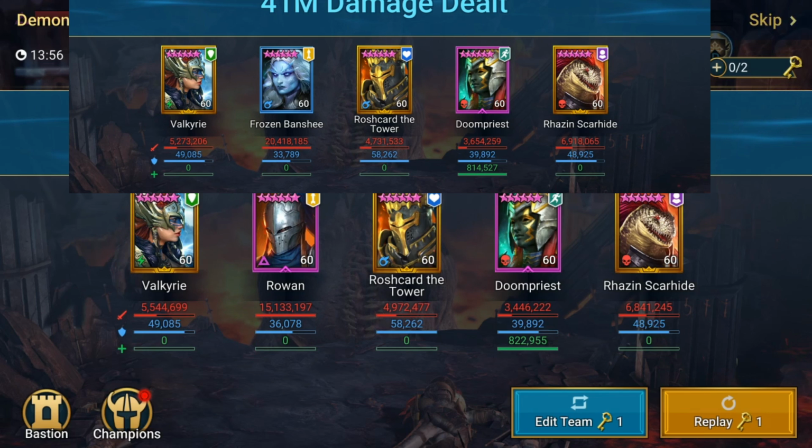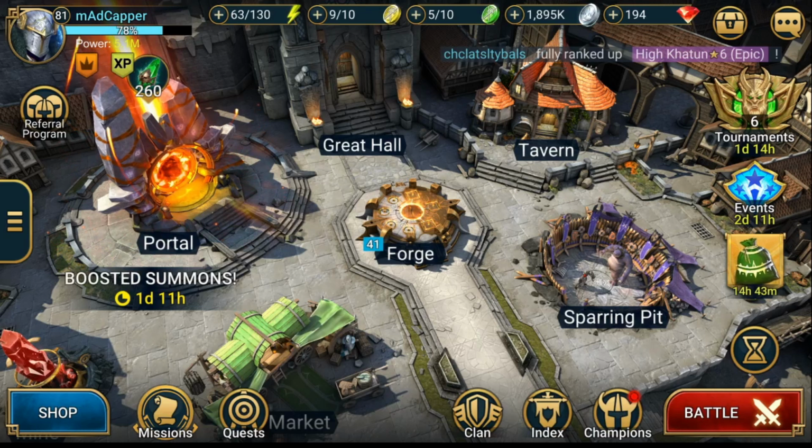Obviously, we're going to talk about it, but things like counterattack, things like if you need Rowan in more places than just the clan boss, that's where she excels over Frozen Banshee. But pure damage in the clan boss, Frozen Banshee's still the champ. Okay, so we're going to take her in dungeons, but before we do that, we're going to have to talk